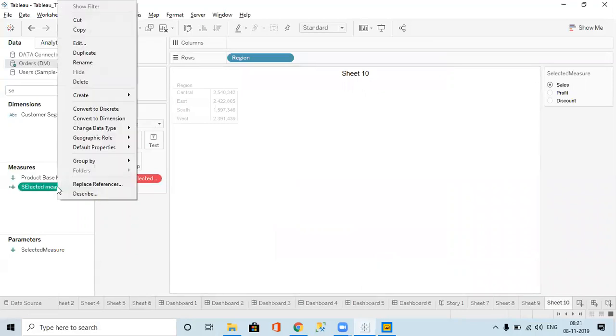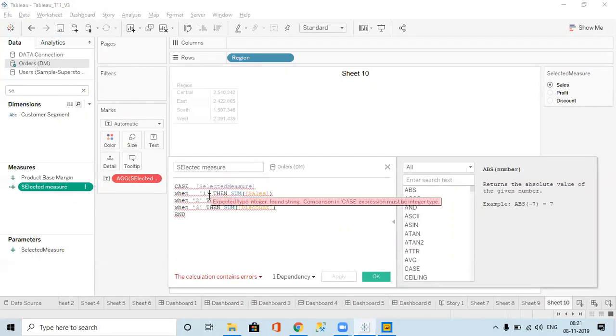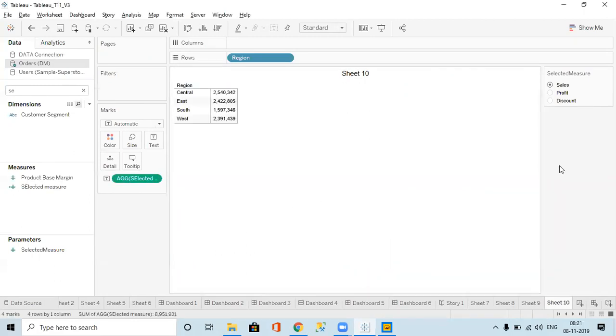Now this will give an error because we are giving text here. So when you give integer, we have to give 1, 2, 3. Okay, like this it works. When I select sales, sales; profit, profit; discount, discount.